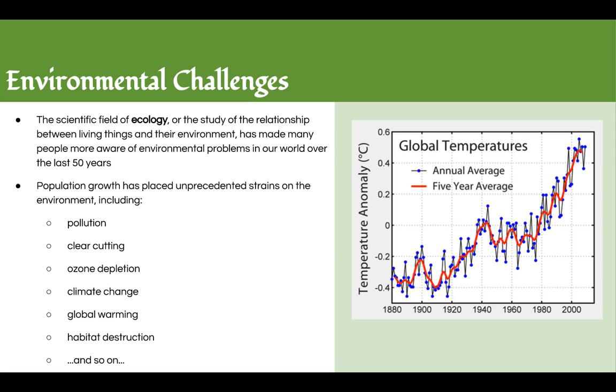Also climate change and global warming, which I'm not going to go over in too much detail. You do get that a lot in science, but if you look at the graph to the right, we do see that the 5-year average of our temperatures in the world are going up. And it doesn't seem like a lot, but it's causing great changes in our weather and our climates and what we expect year in and year out. And also we see habitat destruction. Of course, as land is cleared, we're losing land that has been traditionally the home for some of our most beloved animals of the world, and so on.